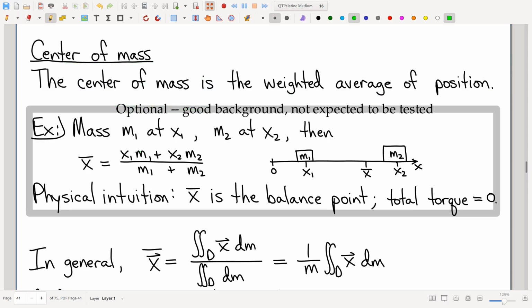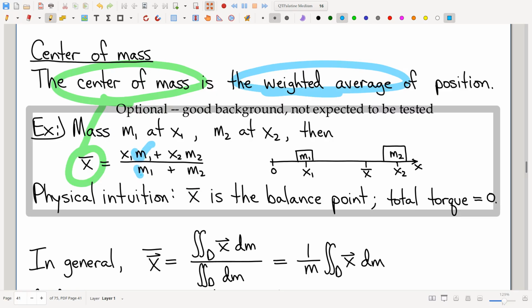So notice that's what we have here, right? The center of mass is the weighted average, and you can see the weights. I'm literally using the masses as the weights, and we're taking a weighted average of their positions. Where are those masses located? Weighted average of position, literally. And if you compute where that is,